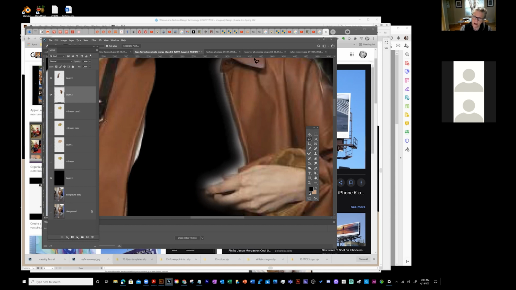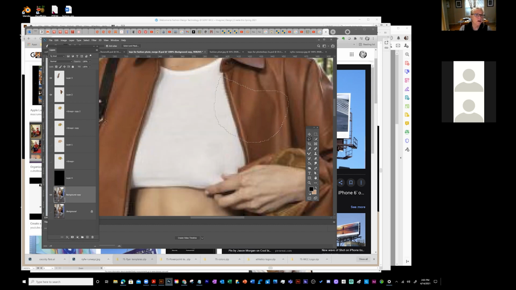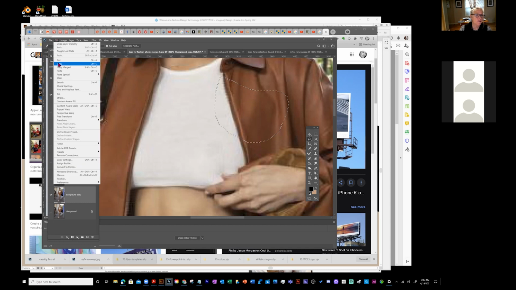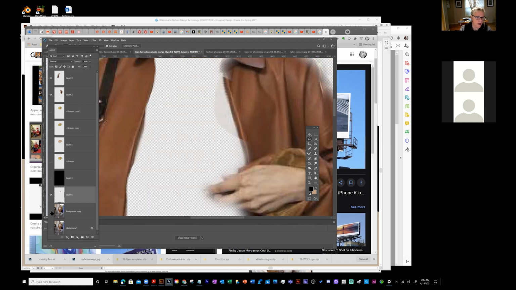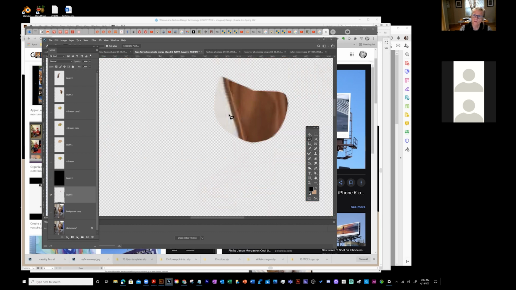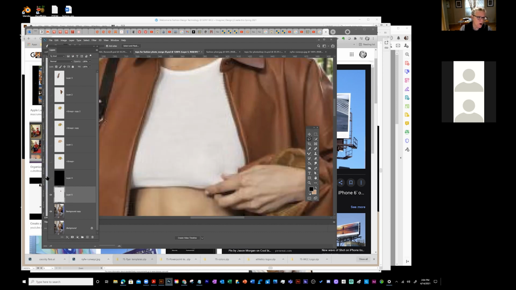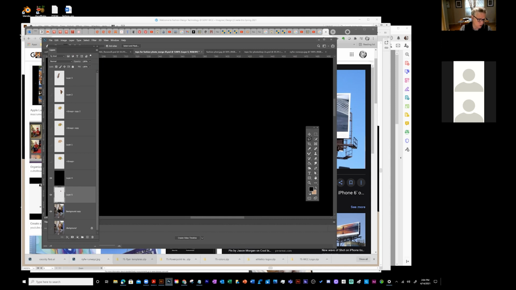But the point to be made is that when I made the cleanup like this to copy, right? Just coming over here, I did a copy, and then I did a paste in place, and it makes a layer all by itself. And so then I moved it above. I pushed it on to be the foreground. And that's how I did this. But what I wanted to show you is that when you make those marching ants,